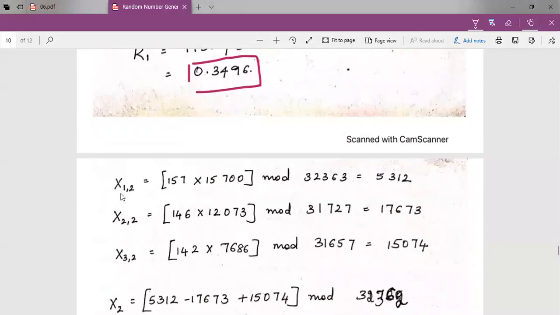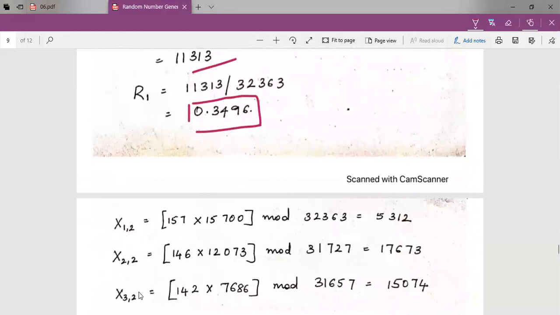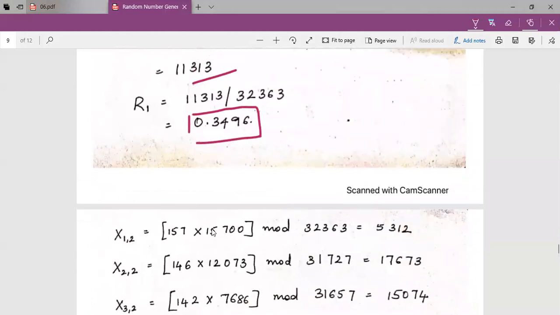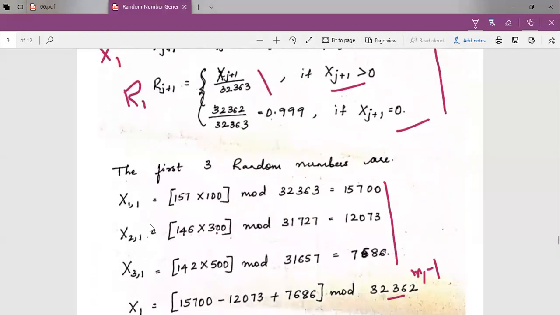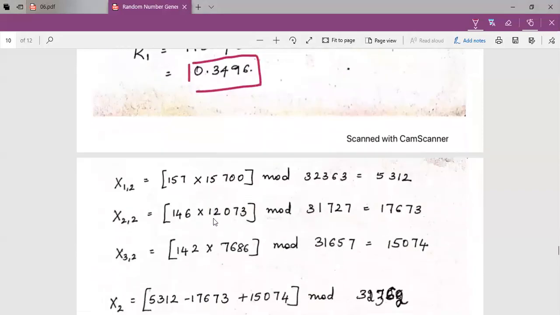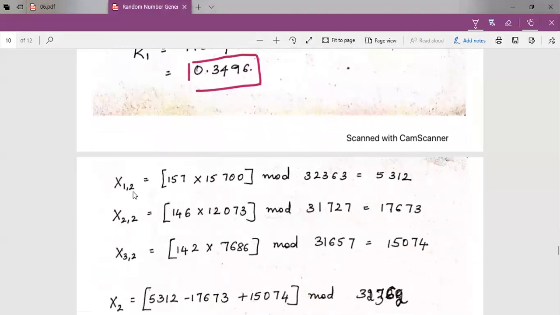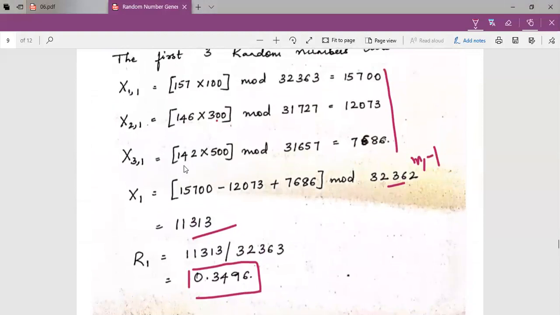Next, in a similar way, I need to calculate the next random generator. Next time, here it was 111, next time these values will be 222. Fine. So when these values become 222, you can see here, this will become 12. Then 2, 2, then once again 3, 2. So use the values there. So 1, 2, 2, 2, 3, 2. So once again 157, 146, 142. Then once again here you can see 1, 1, 2, 1, 3, 1.